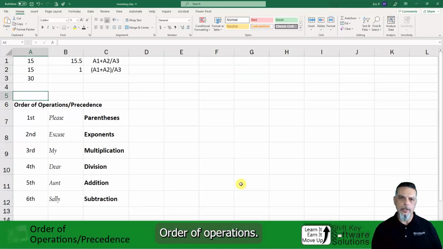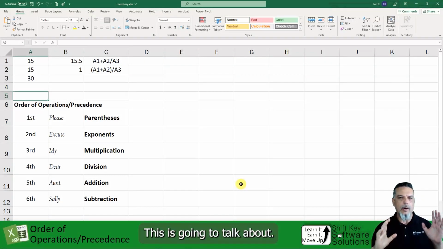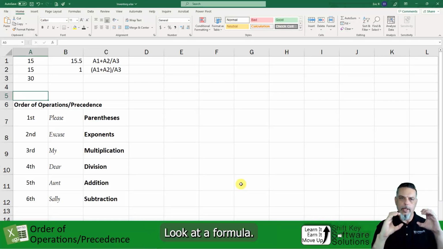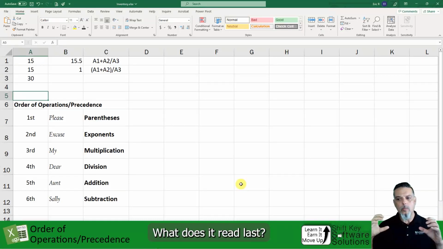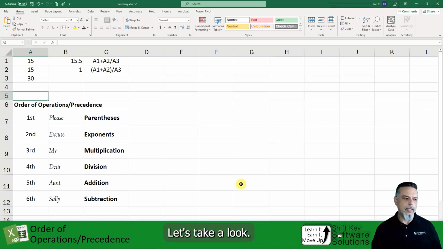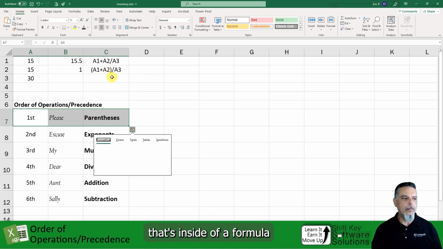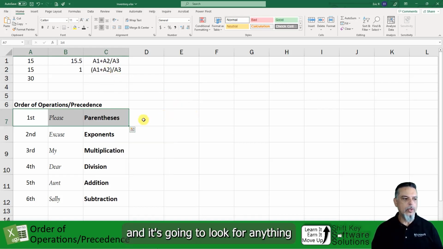Order of operations. This is going to talk about in what way Excel looks at a formula. What does it read first? What does it read last? Let's take a look. First, Excel's going to look for everything that's inside of a formula, and it's going to